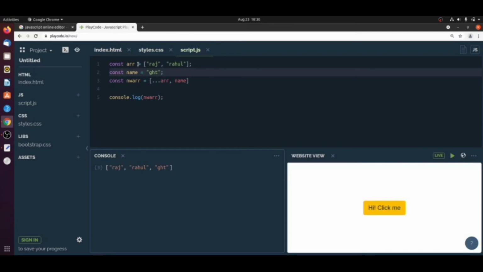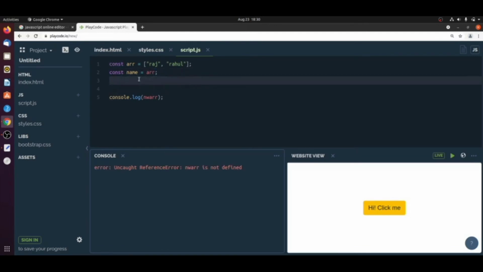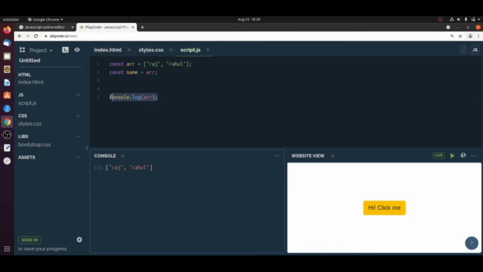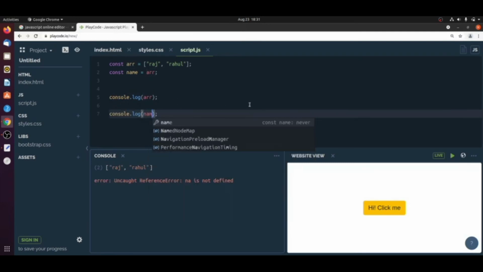Let's say this is my original array, and I assigned this array to one more array, that is name. Let me remove this one. If I print this and I print name also, it will be the same.